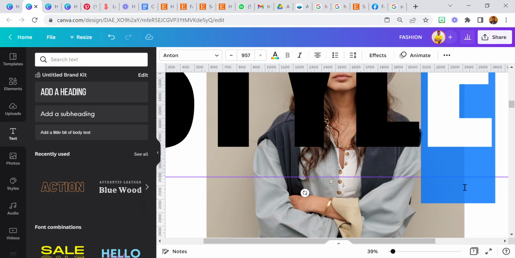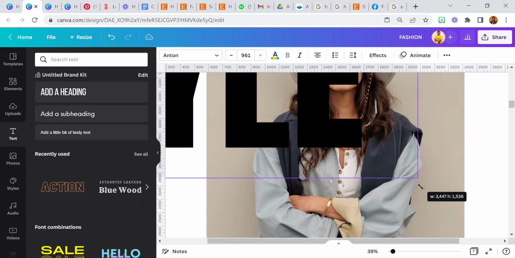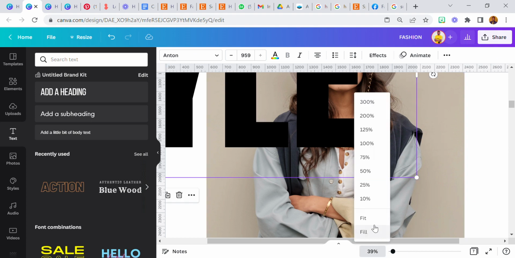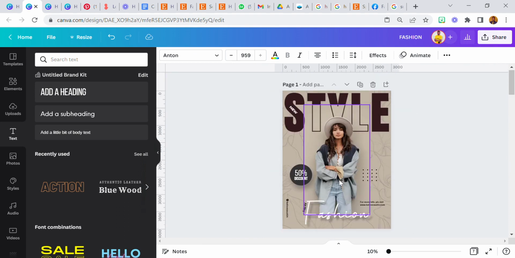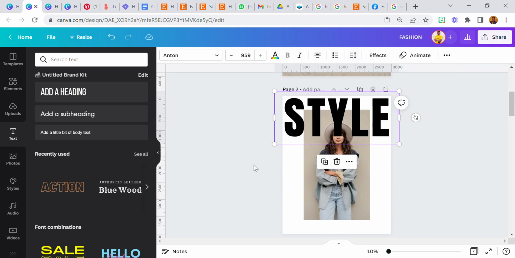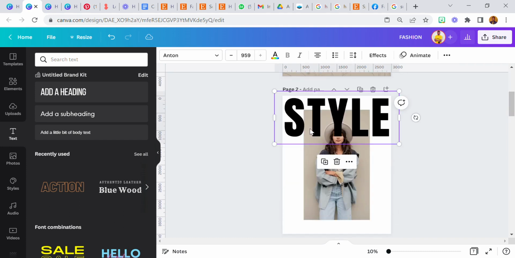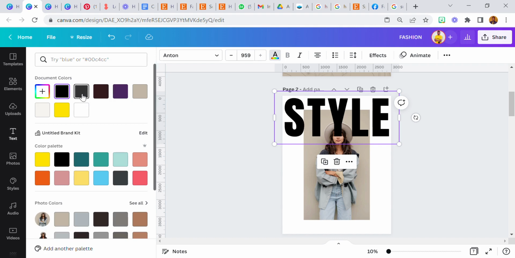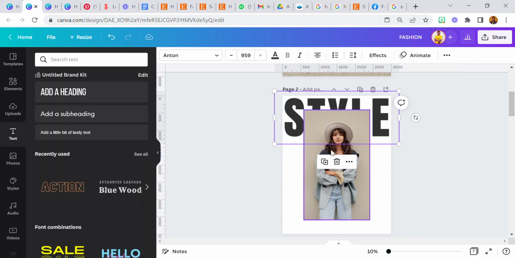You want to make sure we get 959. Okay, fit, bring it here. Did I increase? Okay, increase the letter spacing just a bit. So we have style, confirm. We have style and the color I used is a gray. Take it all the way to the back, and then I'm going to duplicate this